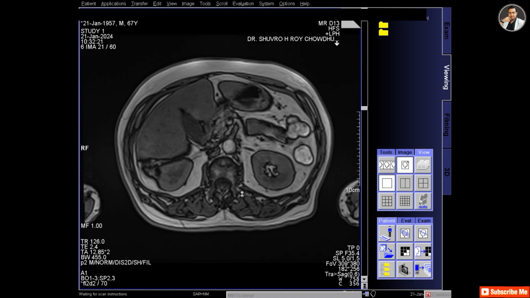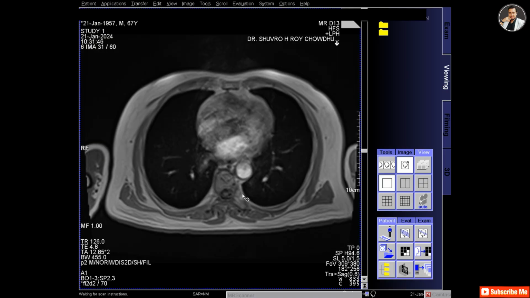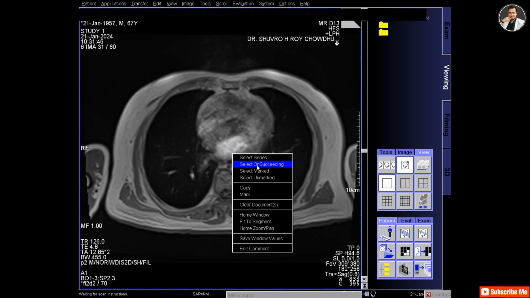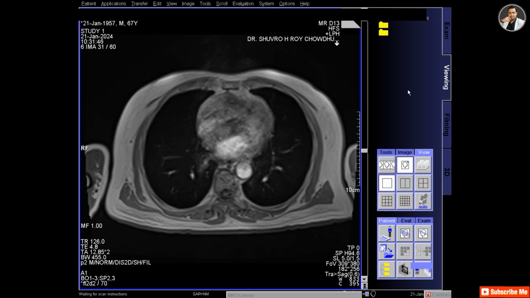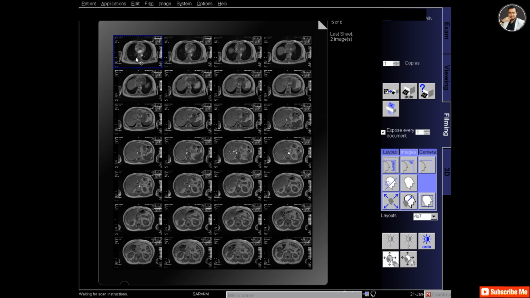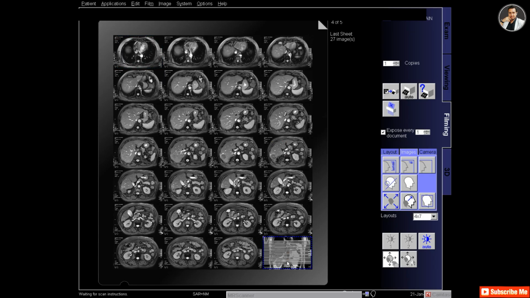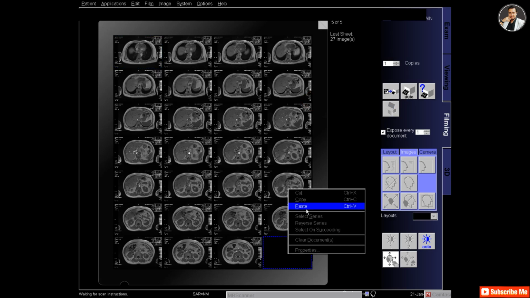So this is a T1 in and opposed phase. So I have to print the in-phase image. This is opposed and this is in phase. This is the second series. So I am selecting the second series, that is in phase, also in the 4 into 7 layout, and copying the reference image from the previous film and pasting it here.